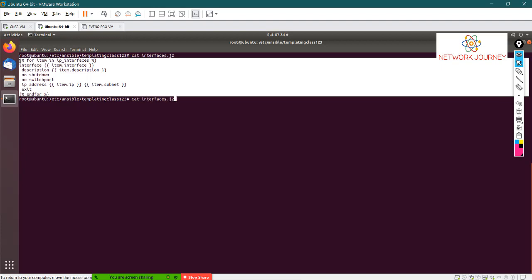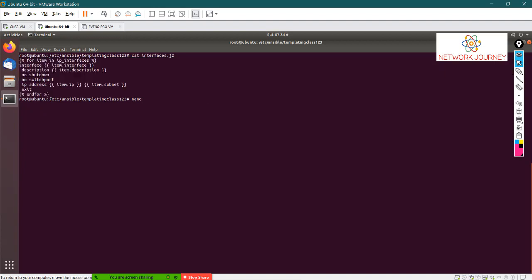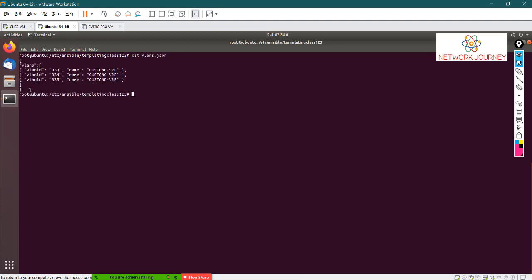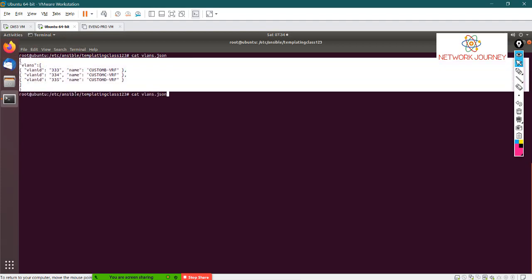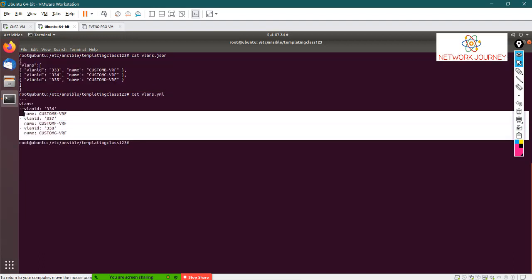Data model, you can depend on either, let's say, VLAN.json. You can either prefer this for the data model, or you can prefer this. Both are good, okay.